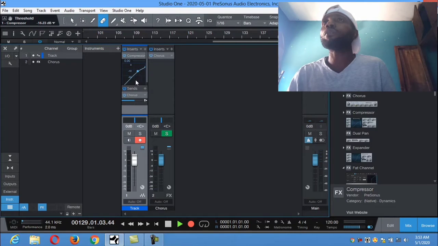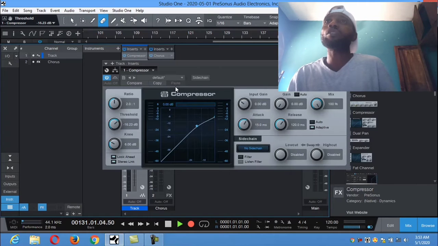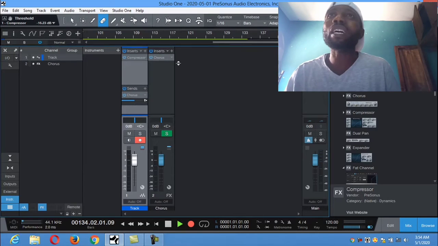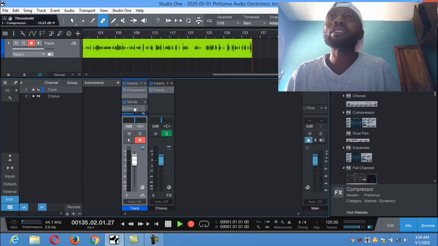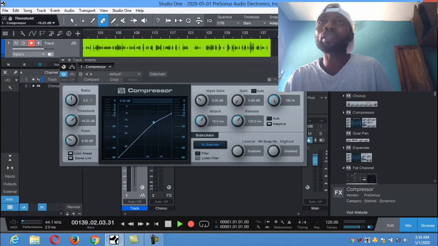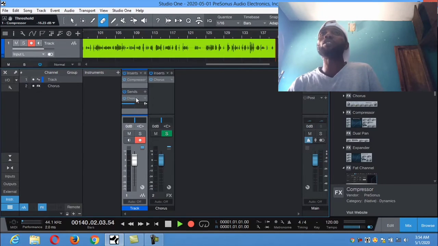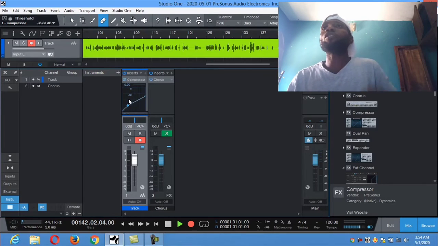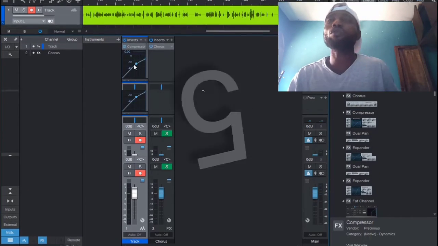I love this feature because you can be working on the mixing and you just discover a particular frequency that you want to cut. You just come there immediately and cut it straight. You come there and compress whatever you want to compress. You don't really need to open the bigger view of the effect. That's my number 4 why I love PreSonus Studio One.